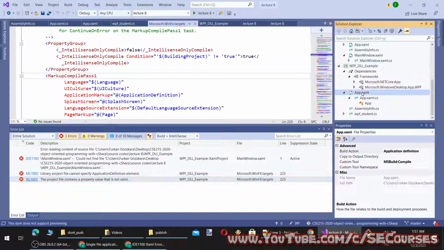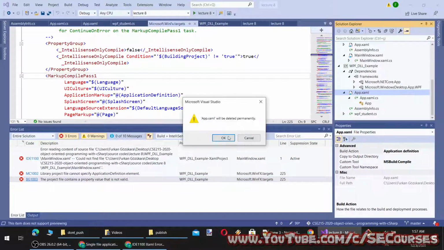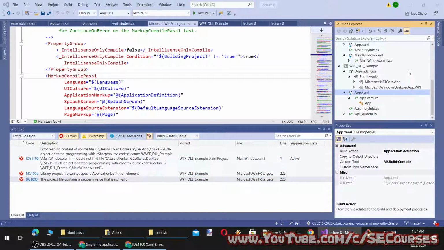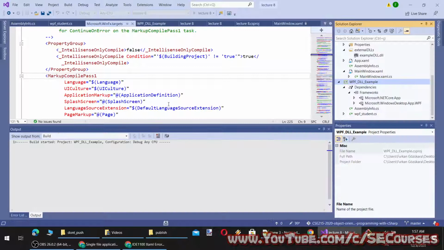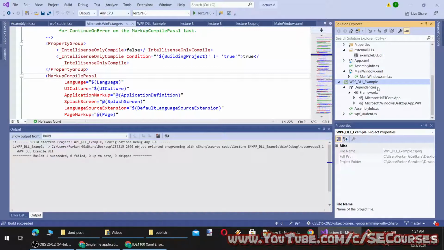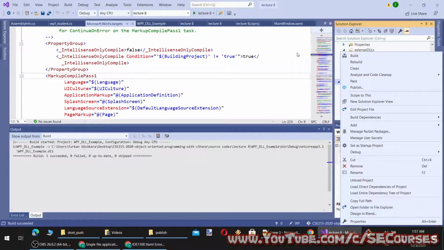Maybe we need to remove this app XML as well. Let's remove it as well. And now let's try to build. Okay, now it is built, it is successful.